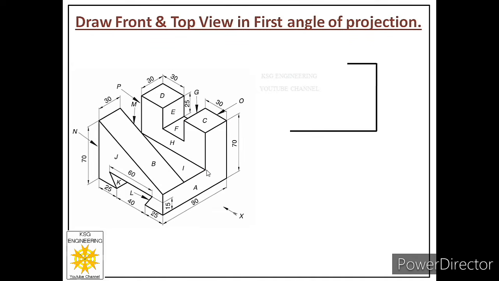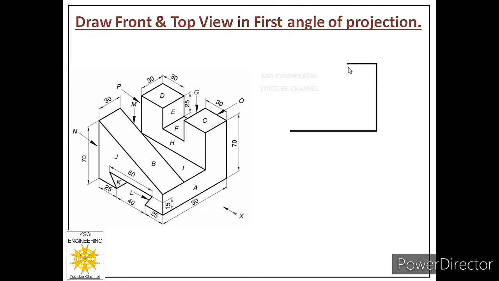Now one important point we have to note over here is that we are given the total height of the object, but this height of the object is not given to us. So this may happen in some cases. If some height or some dimension is not given to us, then we will assume that dimension with respect to the other dimensions marked in the object. Now you can see this dimension is labeled as 30. We will assume that this dimension is the same throughout. It means we will assume that this is also 30. So if this is 30 and this total height is 70, it means this height will be 40 millimeters.